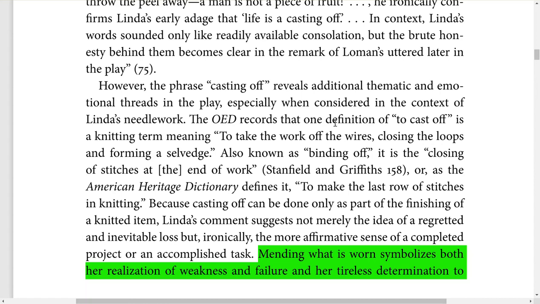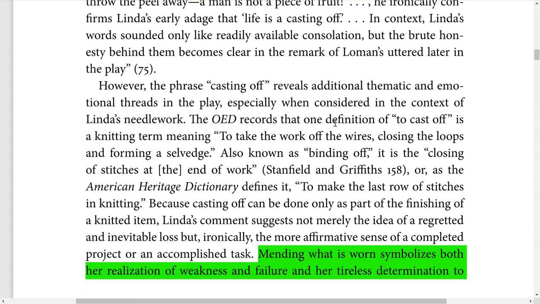So the author here has three observations or connotations about his focal point, and now he wants to merge them and generate his own understanding of this focal point. Again, textbook formula of writing essays. "Because casting off can be done only as part of the finishing of a knitted item, Linda's comment suggests not merely the idea of a regretted and inevitable loss, but ironically, the more affirmative sense of a complete project or